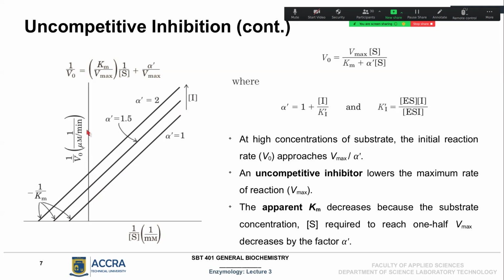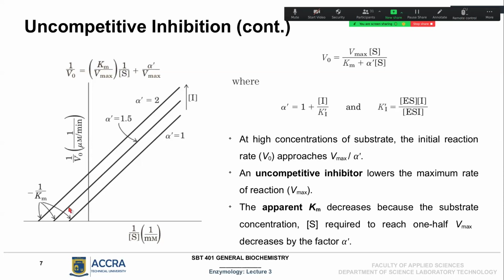And remember that the value along that vertical axis is a reciprocal. And so you see that value of the maximum rate of the reaction actually getting decreased if you take the reciprocal